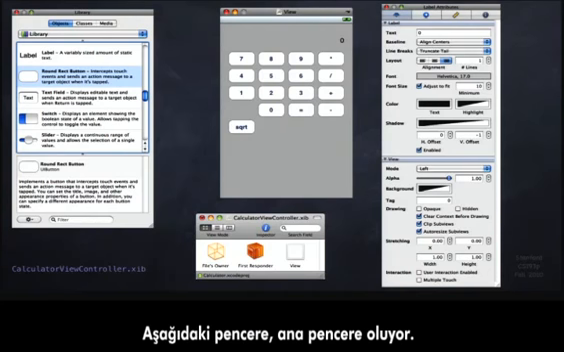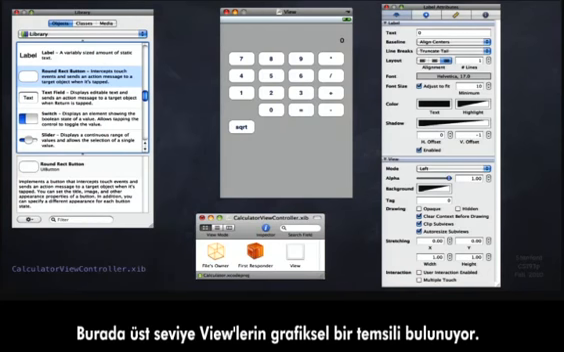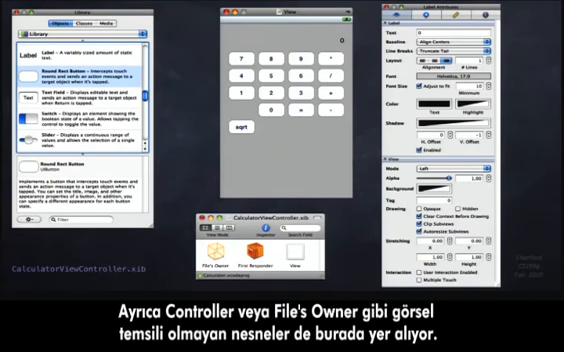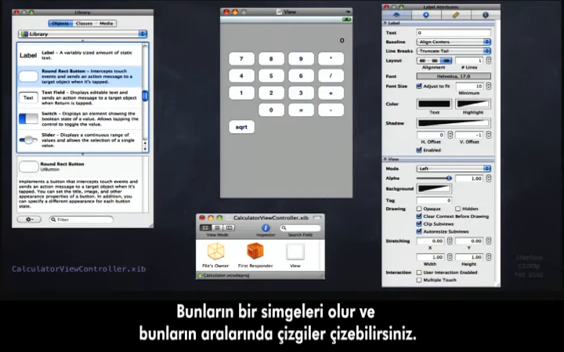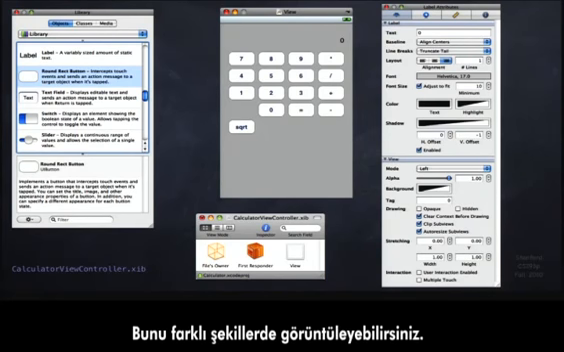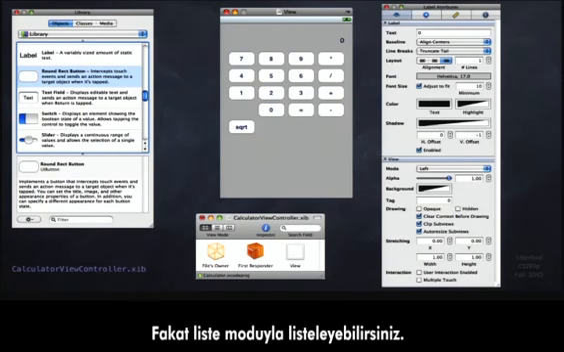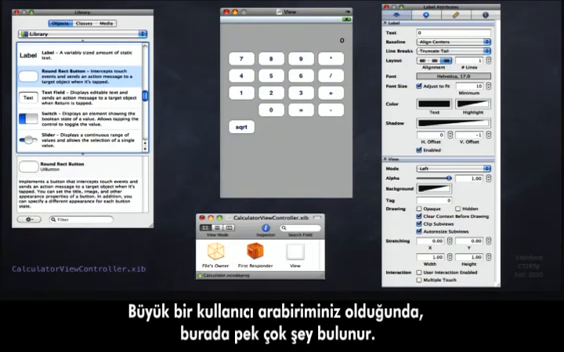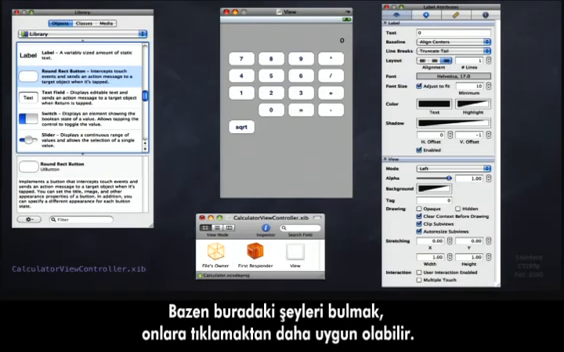And then the window on the bottom, that's the main window. That has a graphical representation of top-level views, but also objects that don't have a visual representation, like your controller, Files Owner, right? They need an icon so you can drag lines between them. That's where they live. You can view it in different ways. This one right here is in a big icon mode, but you can use a list mode, and then there's a browser type mode, like the Finder on the Mac, to find your objects. And when you have a big user interface that has a lot of stuff in there, it can sometimes be convenient to go find things in there versus trying to click around in them